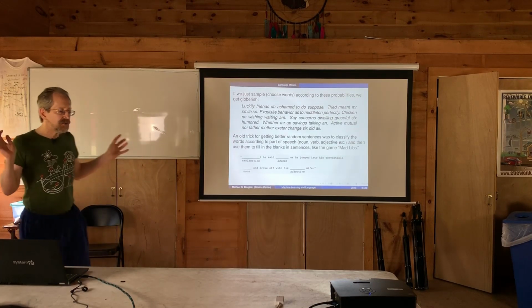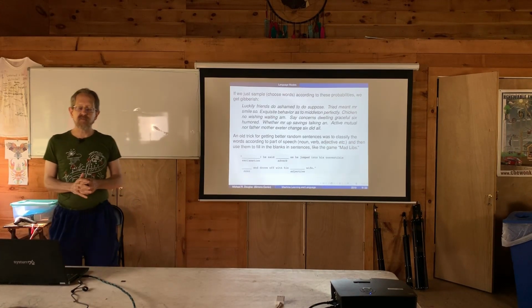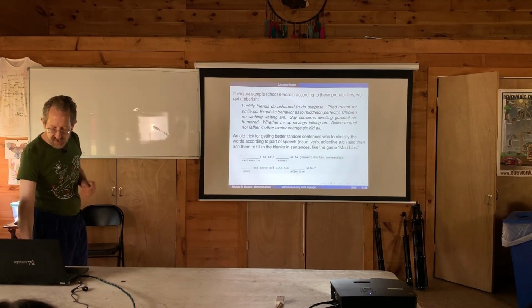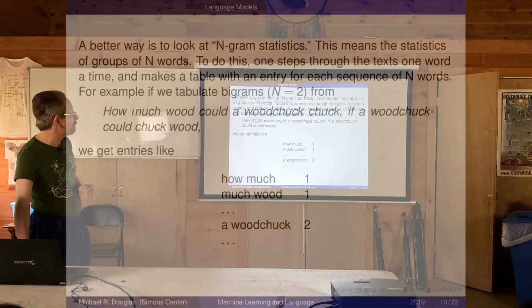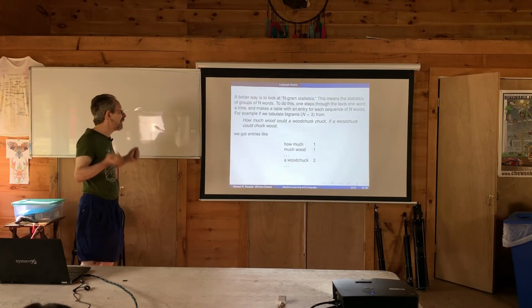So you can try to use the rules of English, or your language, to improve your model. And so that's definitely a good thing to do, but there's actually a much easier and more systematic thing, and it's much easier for the computer to do, which is, instead of just looking at the statistics of single words, to look at groups of words, the same way we talked about with groups of letters and the bigrams. And so one uses the same word, gram, for any linguistic unit. And so this is referred to as an n-gram model. Where n could be 2, a bigram model, n could be 3, in principle n could be a large number.